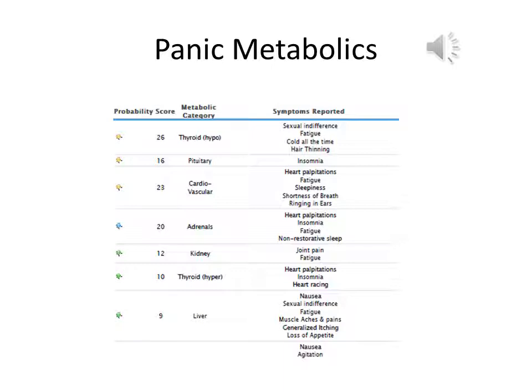The metabolic analysis of the individual with panic disorder shows yellow in hypothyroid, pituitary, and cardiovascular, showing moderately high levels of significance. And then we see adrenals are elevated as well, which are a slightly lower level of significance. So adrenals are 1 standard deviation, and cardiovascular, pituitary, and thyroid are at 2 standard deviations above normal for clinical population. This indicates that this person has quite a few metabolic problems and that their endocrine system is fairly dysregulated at this point.